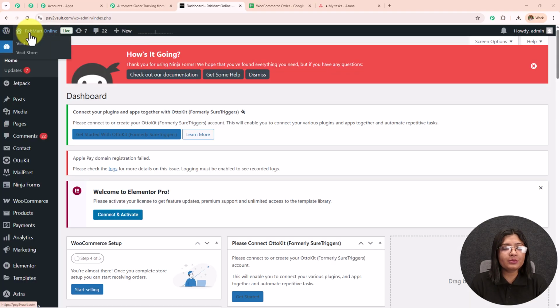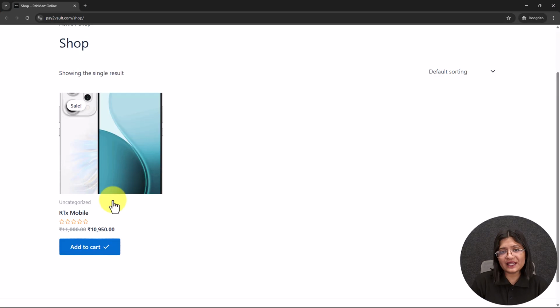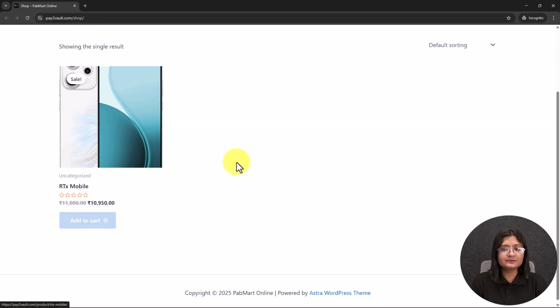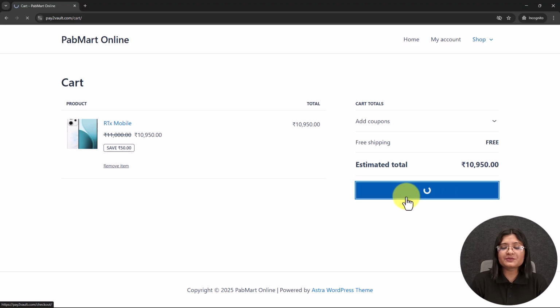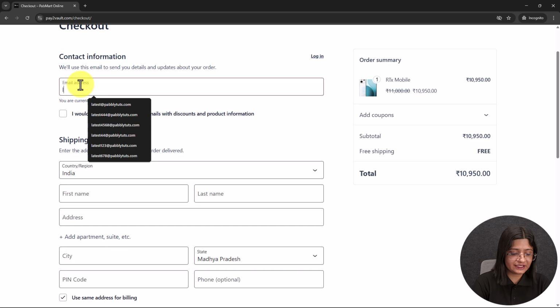Now here on the top, if I click on this Pabbly Mart online, I can see this visit store. So I'm going to open this in incognito mode. So in my store, I have this particular product. I'm going to add this to the cart. I'm going to click on this proceed to checkout. And here I'm going to enter some dummy details. So I'm going to enter my name as